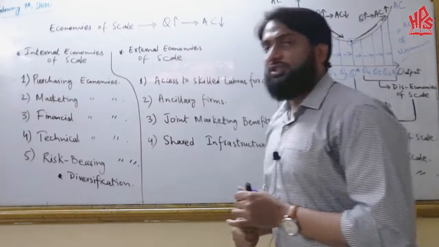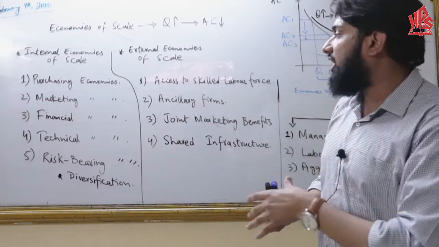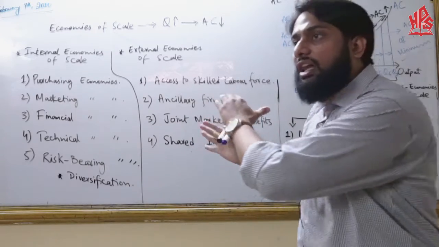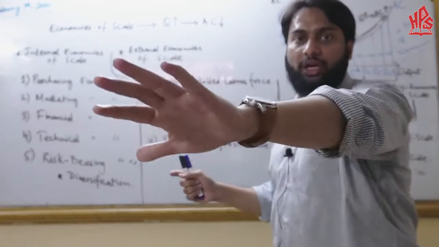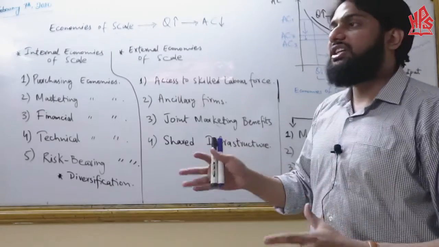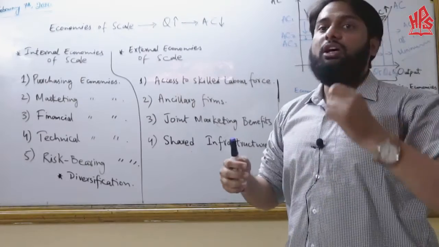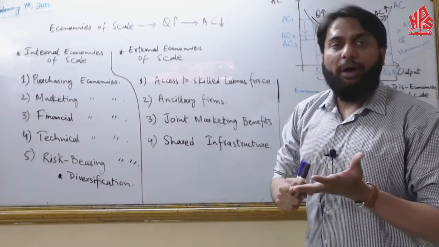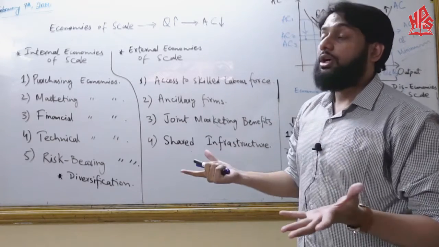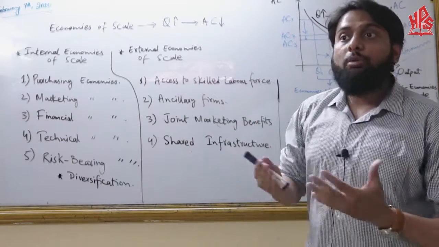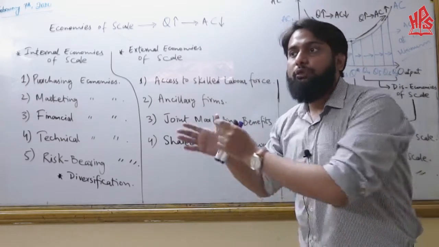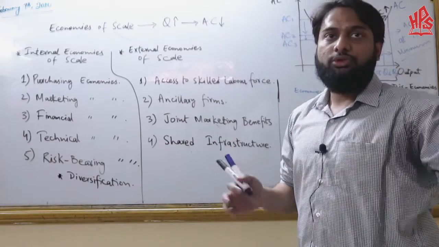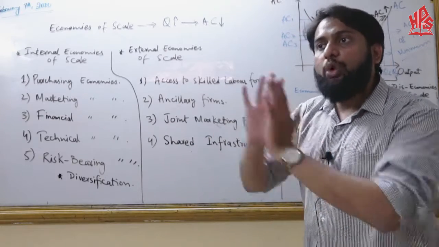Risk bearing economies of scale. In this type of economies of scale, we bear the risk by producing a line of product, a chain of similar products, such as if we are producing TVs, LCDs, OLEDs, we can also produce mobile phones and other home appliances. So if one product is not doing well in the market, the other products will be sold out. That is how we can diversify